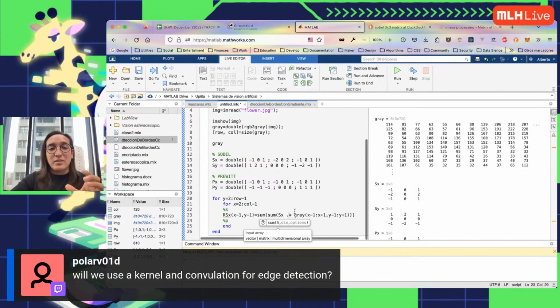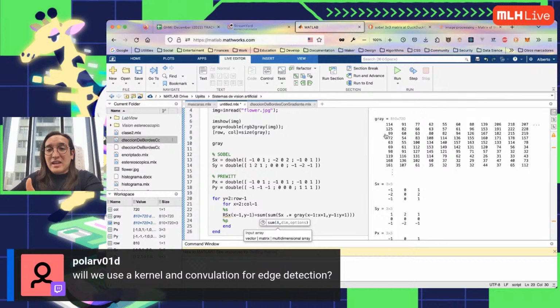We want to multiply every single value from here to every single value from here, taking these slices from the previous value in the gray image to the next value in the gray image on X and on Y,